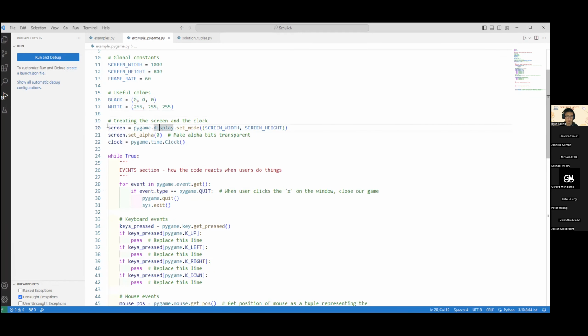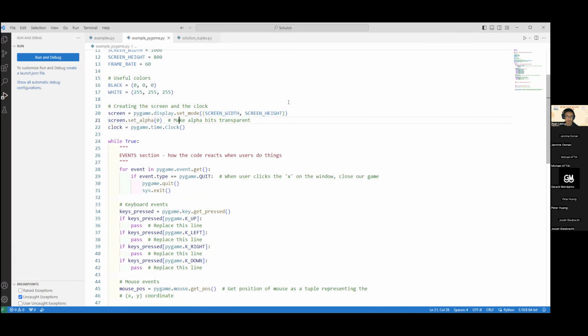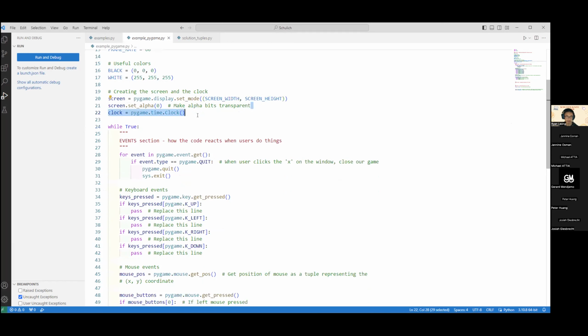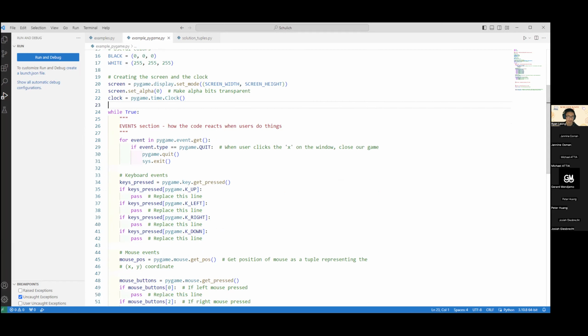And on line 20, this creates a window for you, and set alpha makes the stuff that's supposed to be transparent. And now we have the while loop,